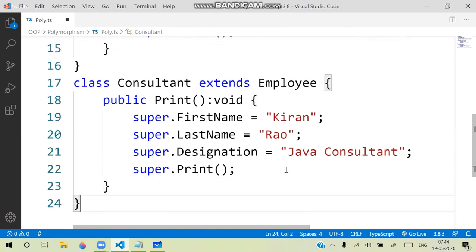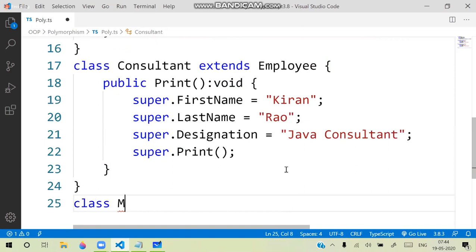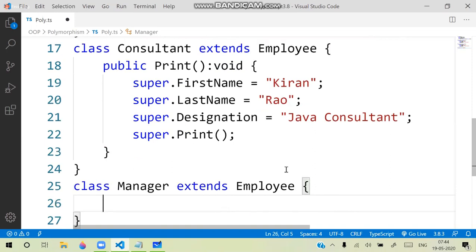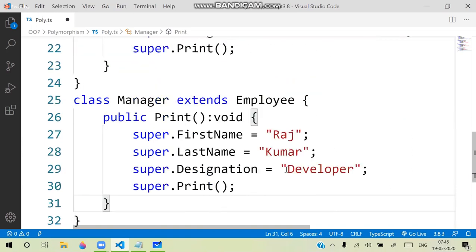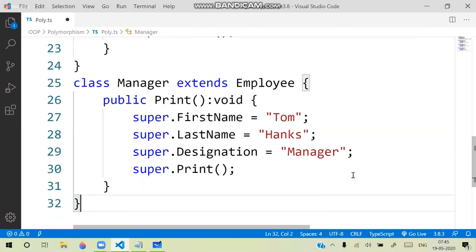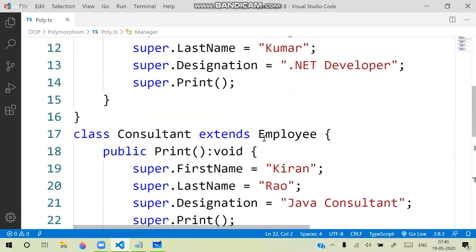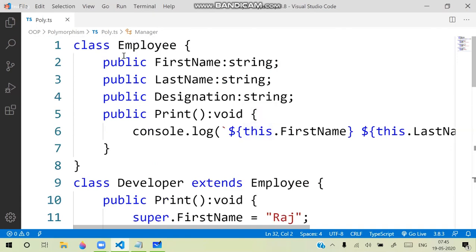Now I'm creating another class, Manager. This also extends Employee. That means all these people are Employee type. Here we are accessing some name, Tom, and here we define the designation as Manager. So the point is, now we have a single base class, which is